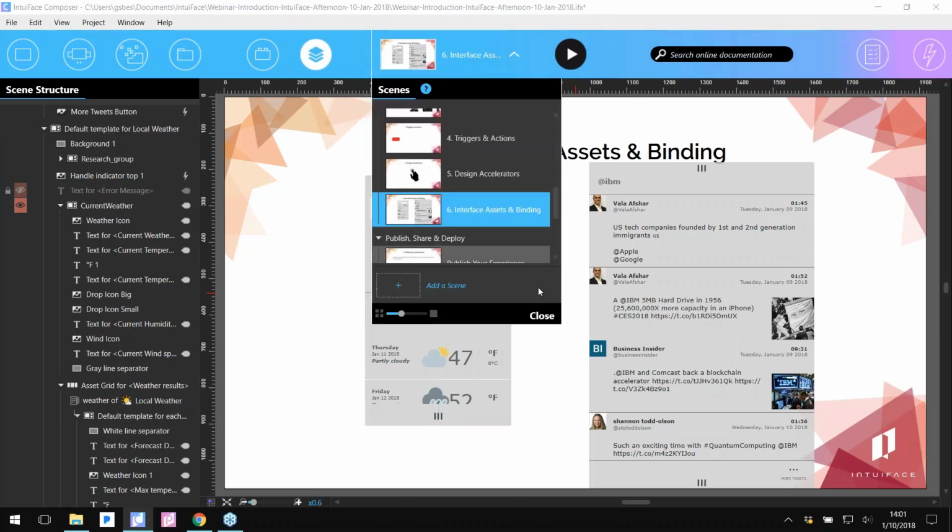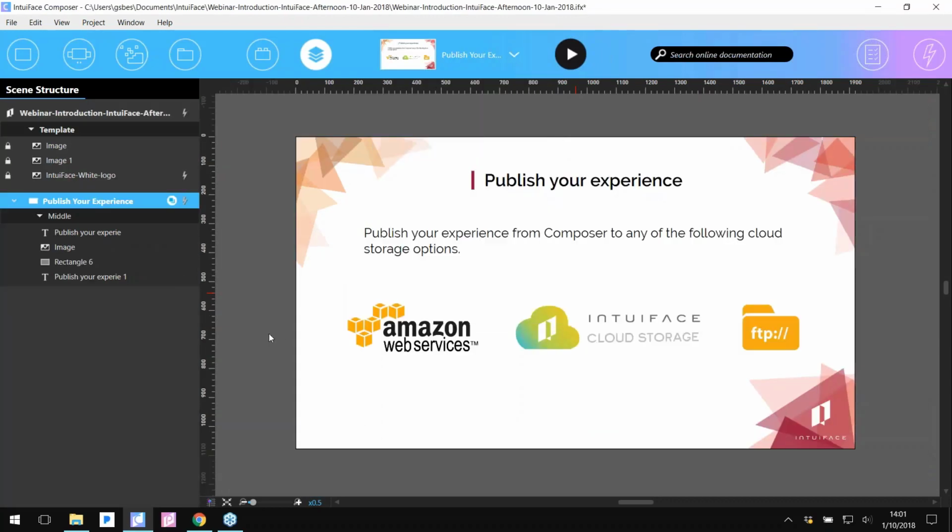All right. That's everything, guys. That's all the building blocks of Intuiface. There's a ton of triggers and actions you didn't look at, and lots of interface assets you didn't look at, and interface assets you can build. Believe me, you can go a lot deeper, but that's the basics. That's everything. So what I'd like to do,